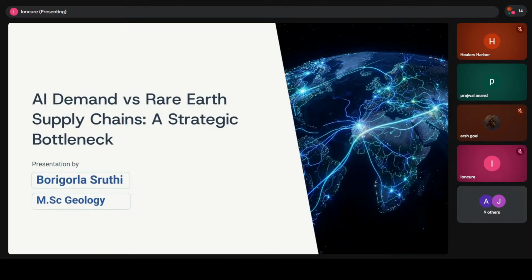Although AI is usually discussed as software and algorithms, in reality, AI depends heavily on physical infrastructure such as semiconductors, GPUs, data centers, cooling systems,